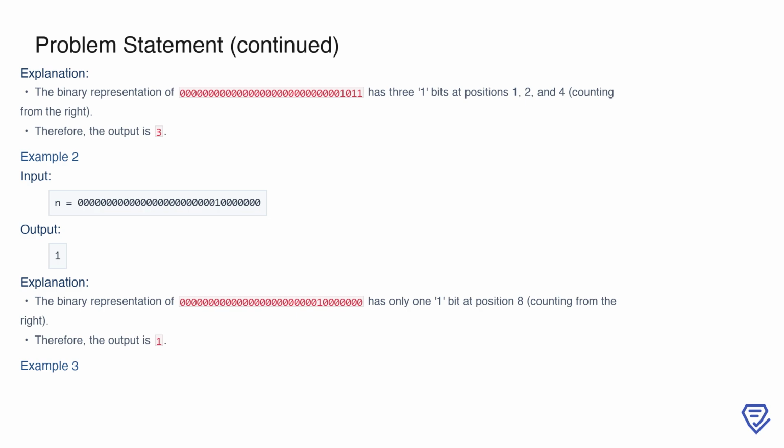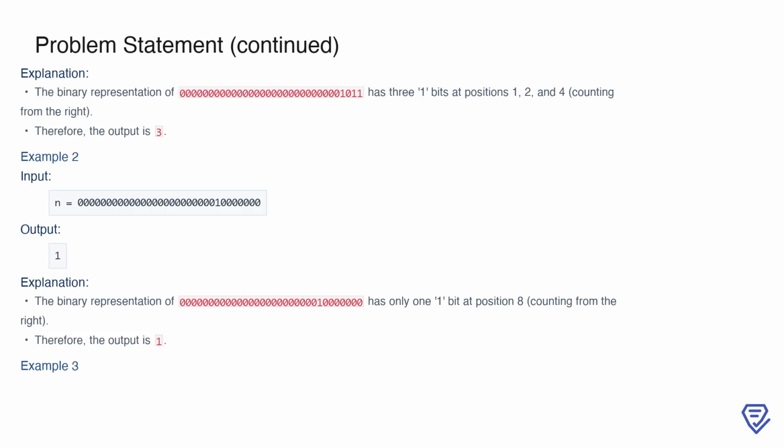Now, let's look at another example, when the input is n equals... which is located at position 8 from the right. As a result, the output here is 1. These examples show how the function calculates the number of 1 bits, regardless of where they are positioned in the